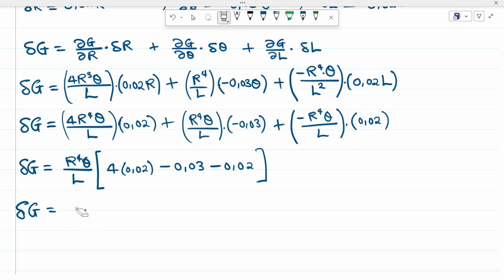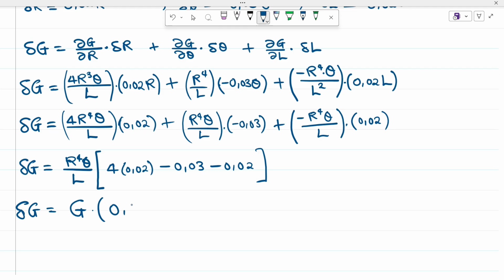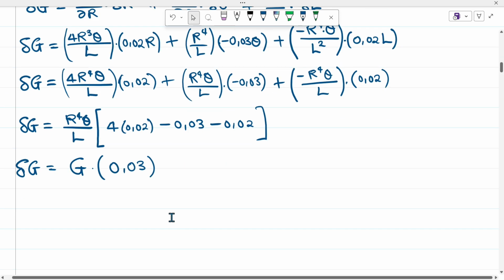We've just agreed that we're told that this is G, and then multiplied by what? You use your calculator to press what is inside here. You will get something like 0.03. So 0.03 is what you're going to get inside the brackets there. So what does this mean? Then this means that